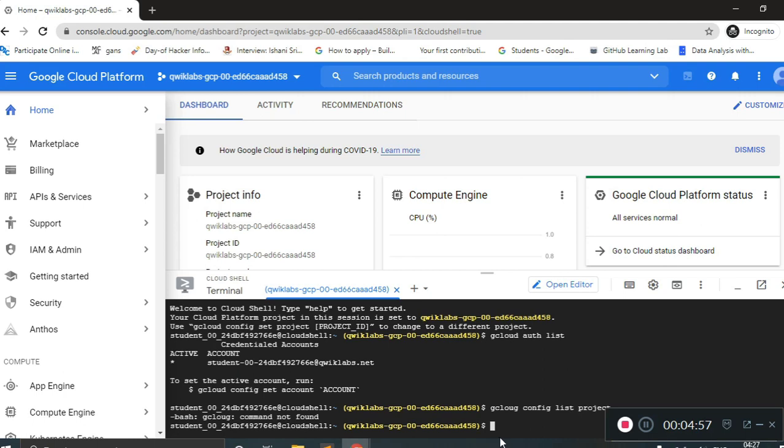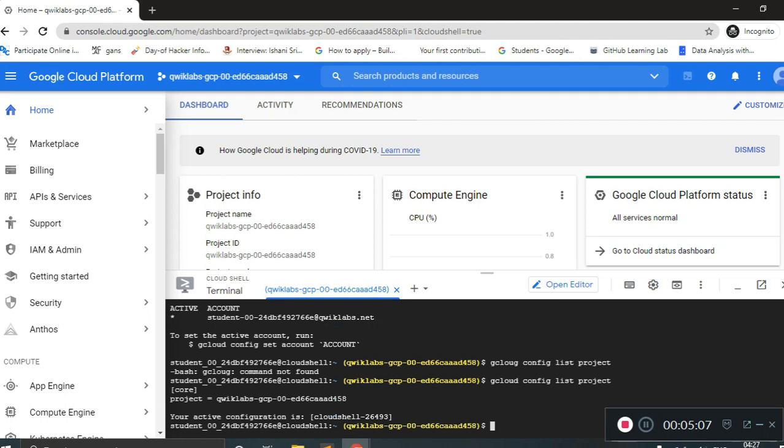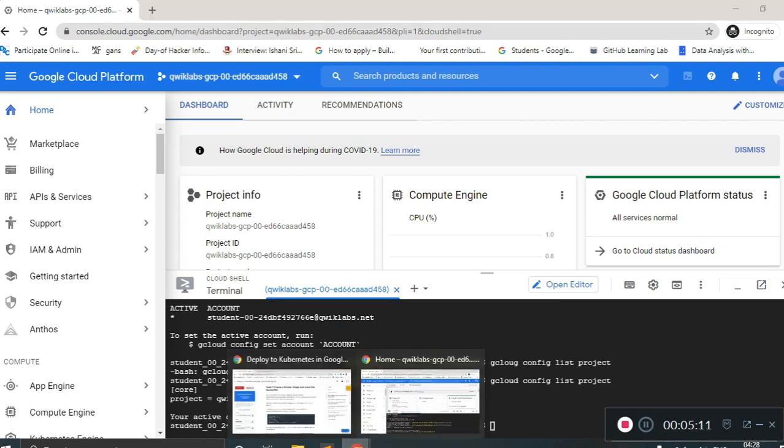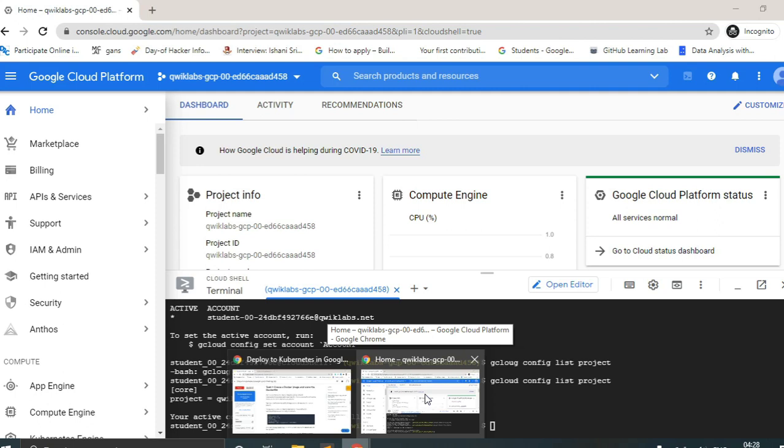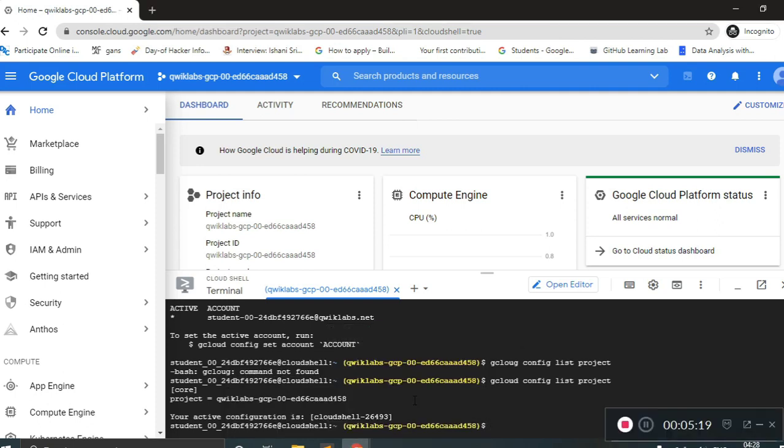Okay, my bad. Yes, we are with our project, and the account is authorized and initialized in our shell.